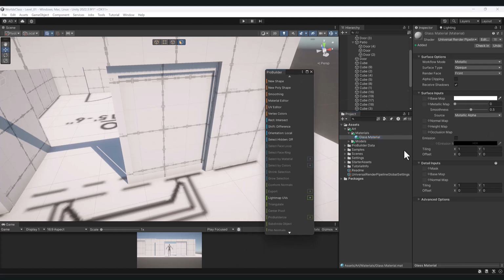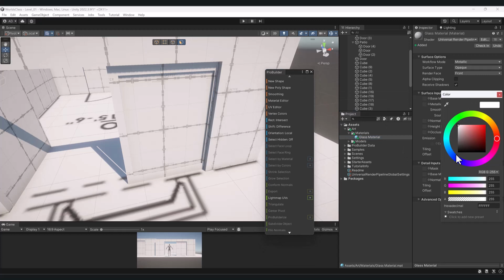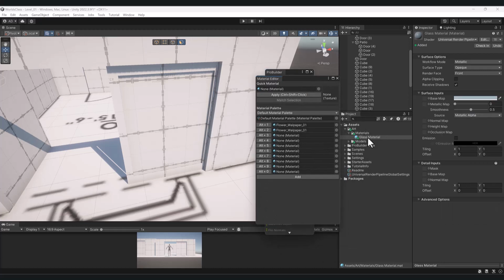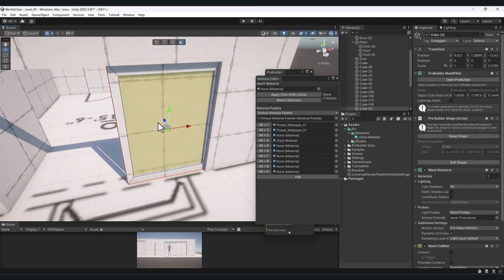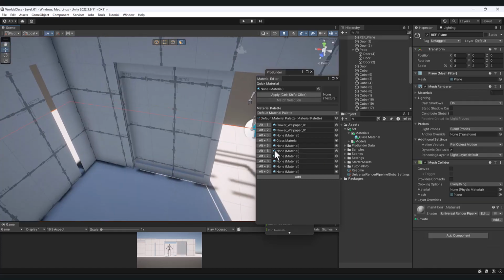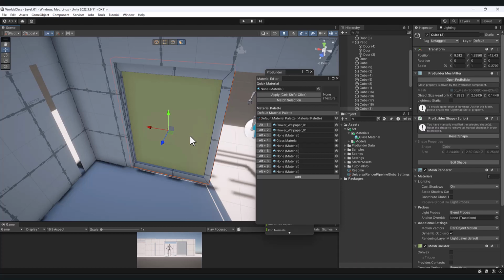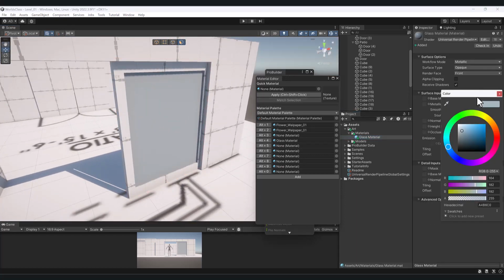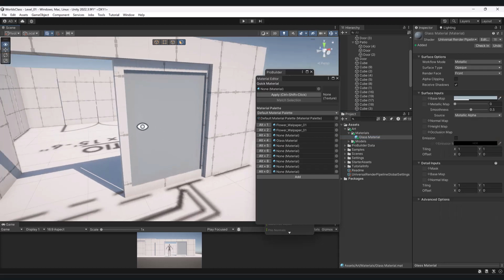And notice there's all these options here, including a base map. So I'm going to make this color sort of a grayish tint. And I'm going to go to the material editor here. And I'm going to drag my glass material into maybe Alt-4, that spot. Now, when I select just that face and I hit Alt-4, you can see it applied that glass material. What's really neat is if I go into this glass material and click on this, you'll see down here there's this A option. And if I adjust my alpha here,